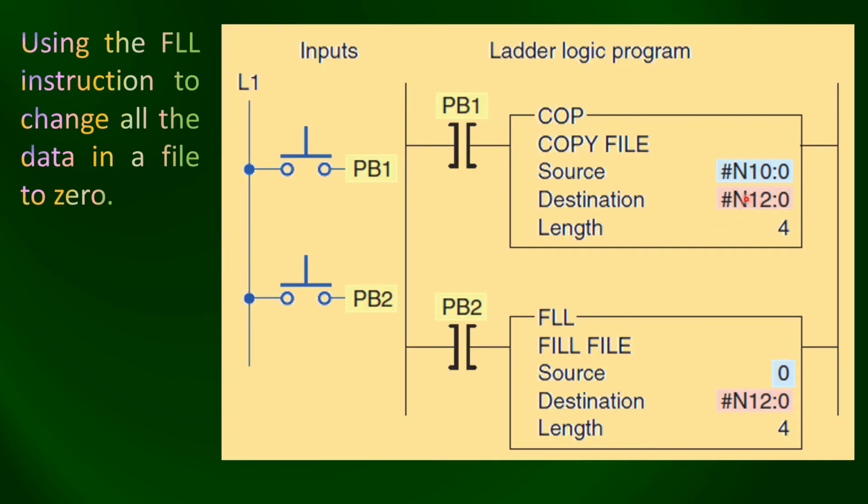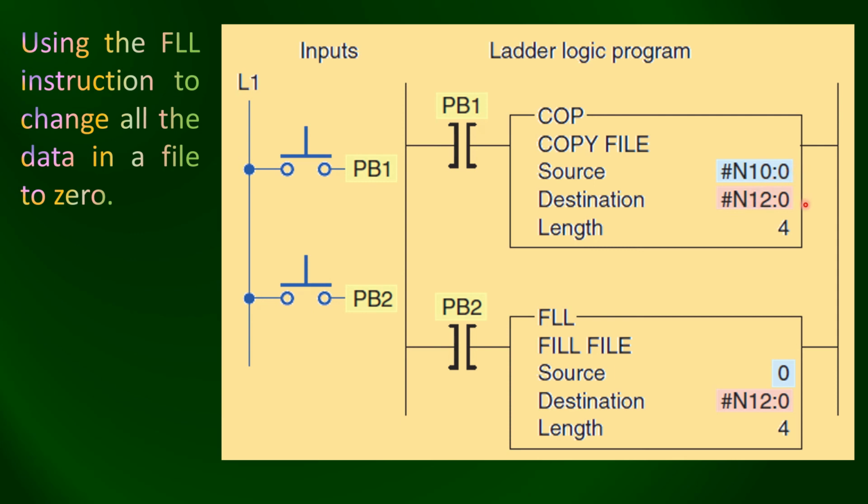So in this example, the copy instruction is used to transfer the data from N10:20 to N12:10 with the length 4. And in FLL, the data is transferred from 0 to 4. So here the data is transferred from file to file, but here the data is transferred from a register to the complete file. So whenever we push PB1, whenever this is closed, whatever the data is in N10, it will be